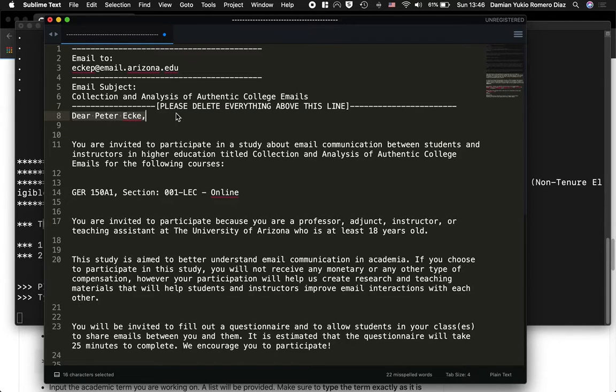And it already shows, dear Peter Ecke, etc. You don't need to modify anything. This email is automatically going to show the classes that this professor is teaching this semester. So it's going to ask if they want to participate with the following classes. Since Peter Ecke is just teaching one, it seems, this semester, or at least that's what we know,